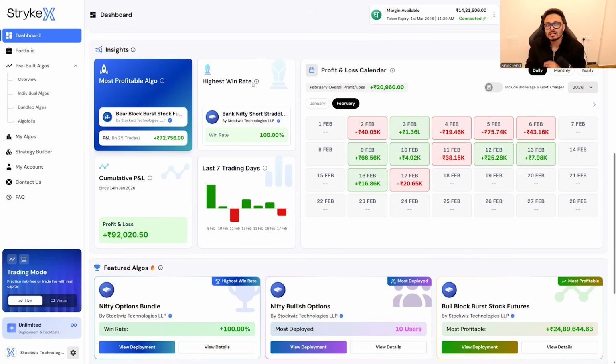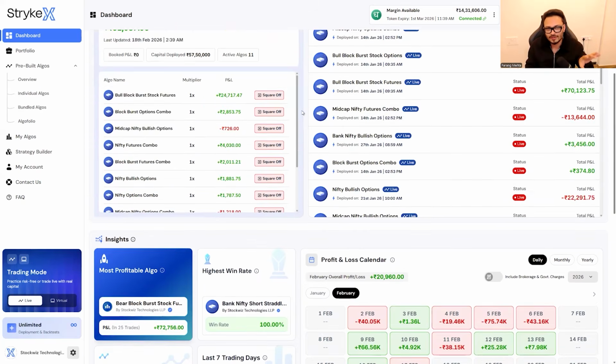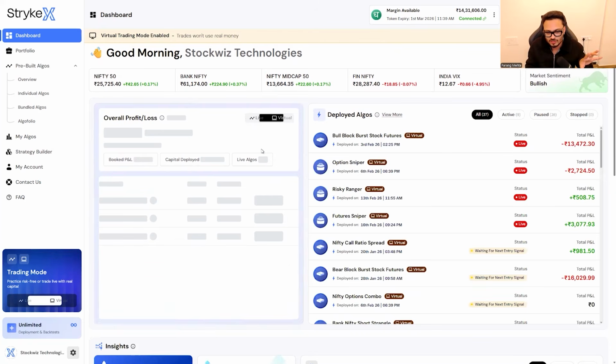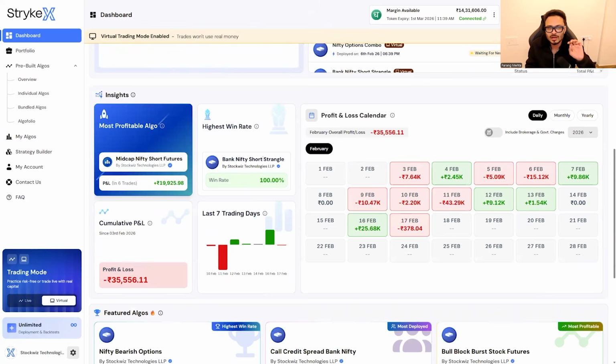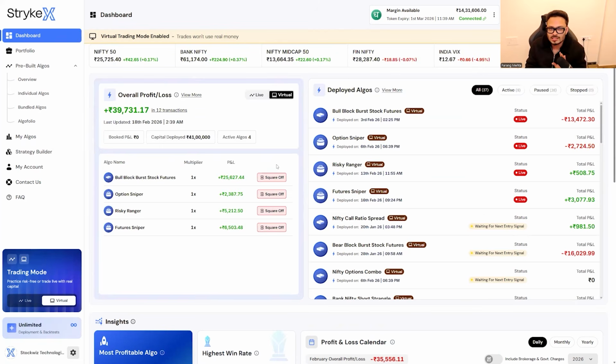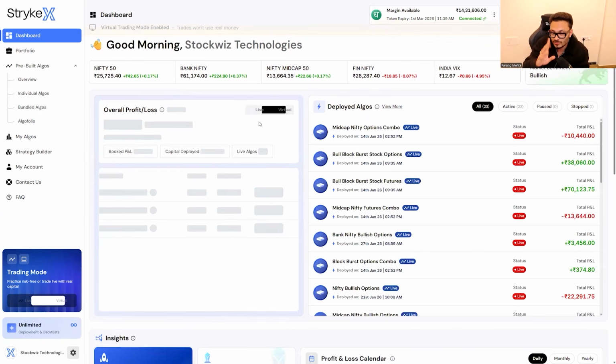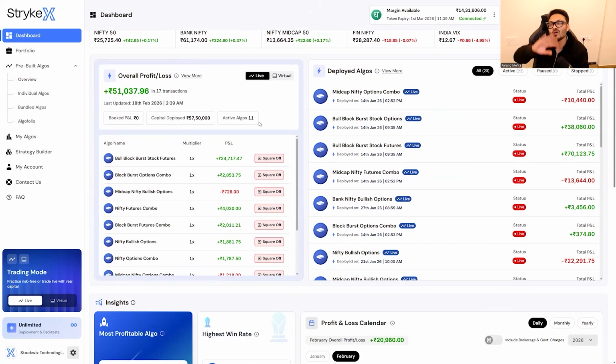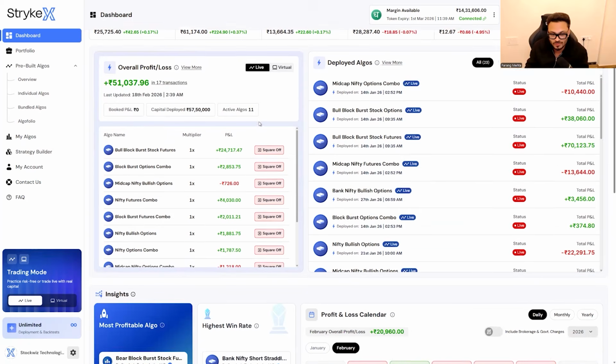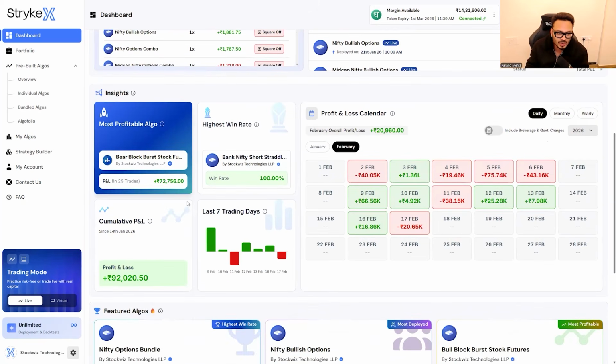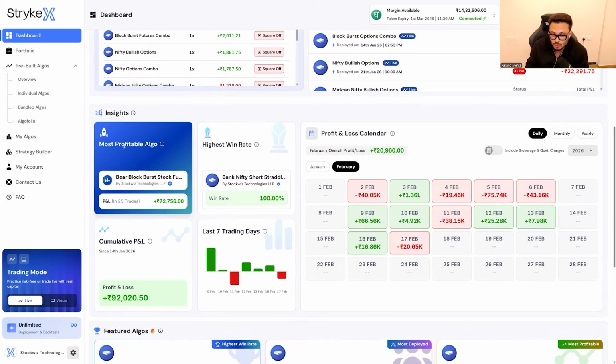Now, mind you, all of this data will be tailored to your account. So whichever algos you have deployed in the live mode, it will show all of that. If you switch to virtual, the data will change. So when I switch to virtual, you will see that my win rate has changed, my most profitable algo has changed, everything is changed, right? So when you select whatever toggle you've selected at the top, all the data will be filtered based on that, right? So now you will see my cumulative PNL, the most profitable algo, the algo with the highest win rate,